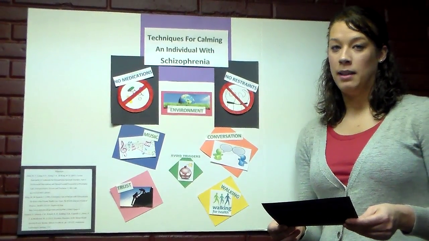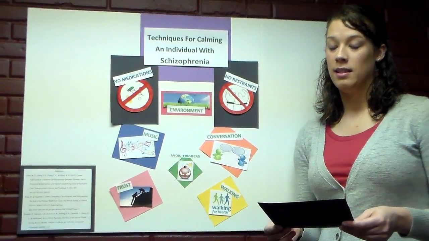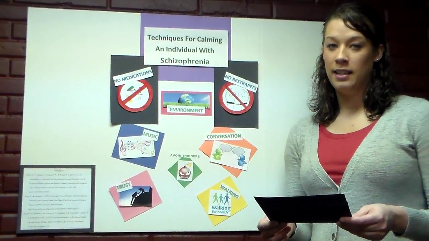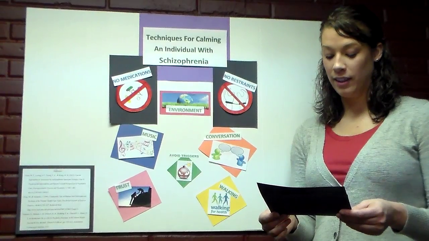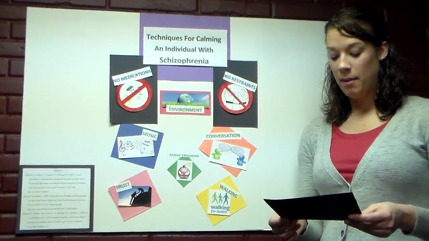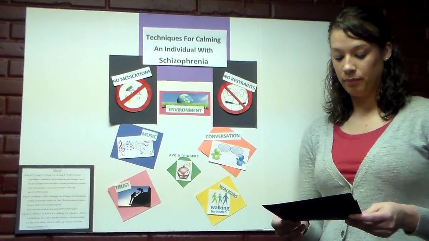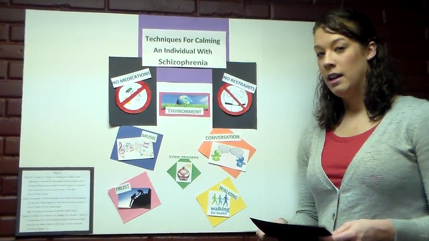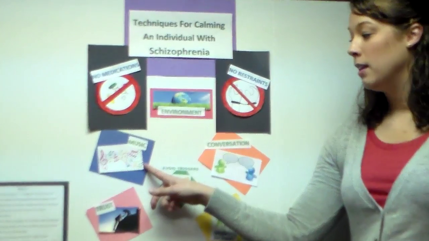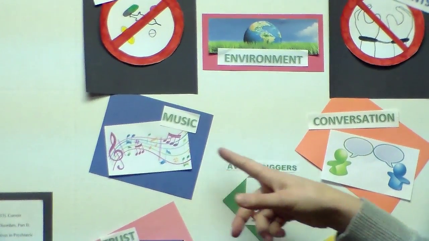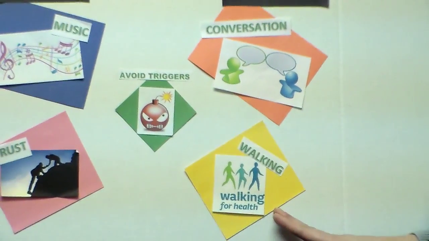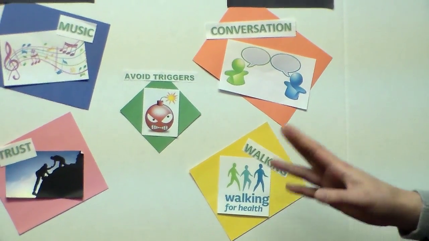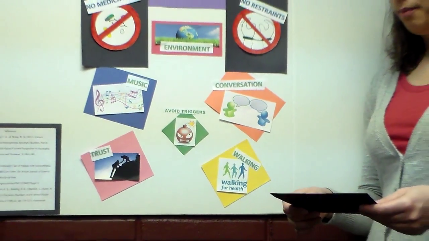Also, give reasonable explanations for the delusions. An example of that would be, "I can't imagine the President of the United States would have a reason to kill a citizen, but it might be frightening for you to believe that." Another great way to distract from voices is to provide music therapy and having the client walk. These are great ways to just distract from the voices and help calm the schizophrenic patient.